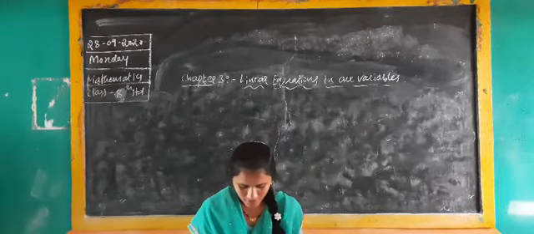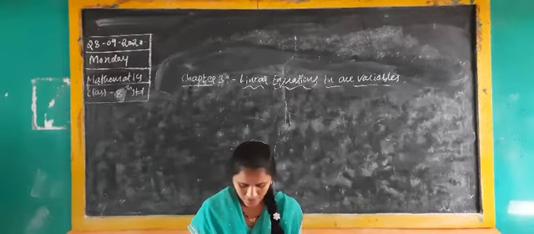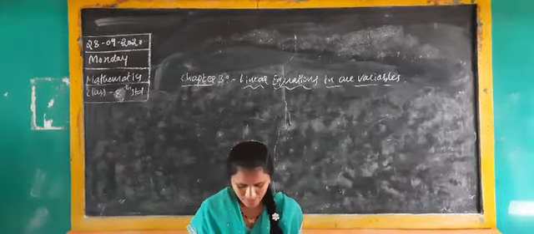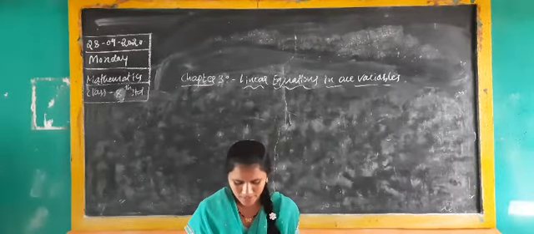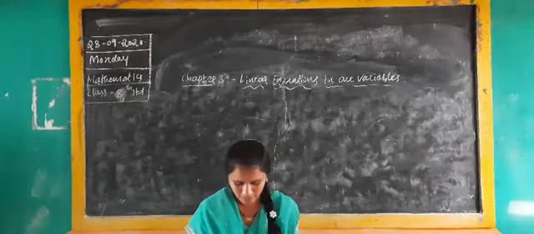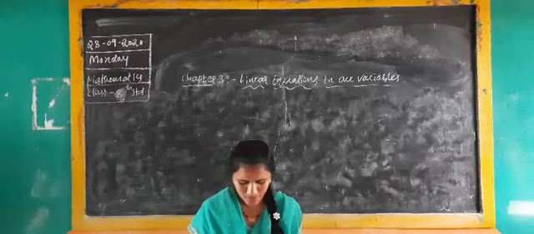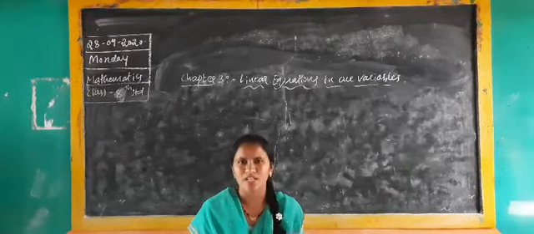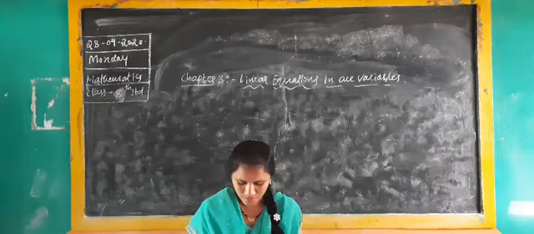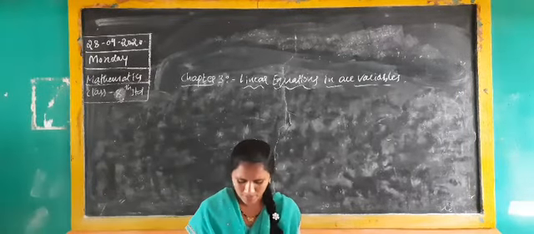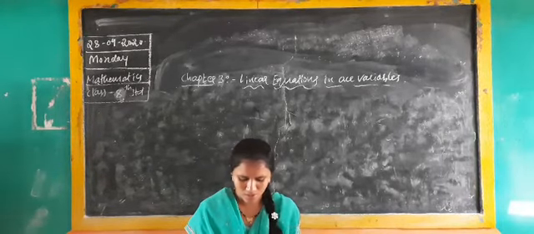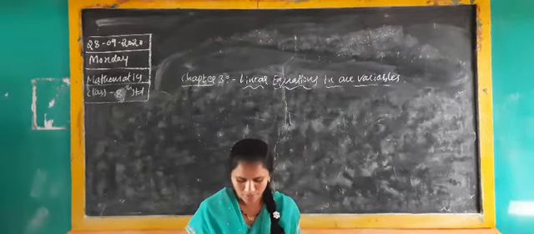14. Lakshmi is a cashier in a bank. She has currency notes of denominations rupees 100, rupees 50 and rupees 10 respectively. The ratio of the number of these notes is given as 2:3:5. I said if they ask ratio, you have to take x. The total cash with Lakshmi is 4 lakh. How many notes of each denomination does she have? Here you have to find how many 100 notes, 50 notes and 10 notes.